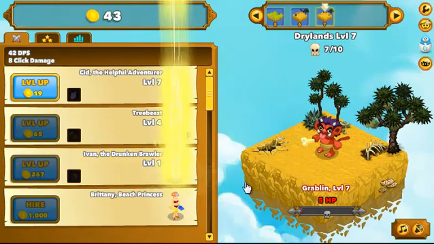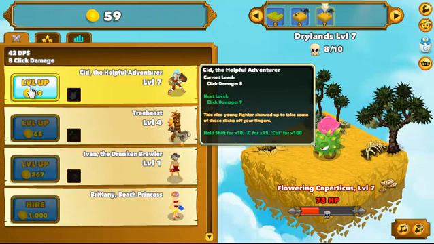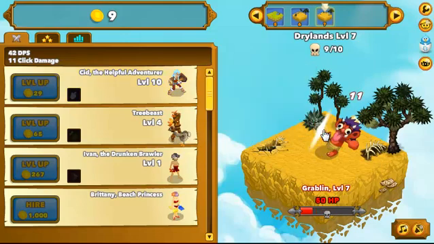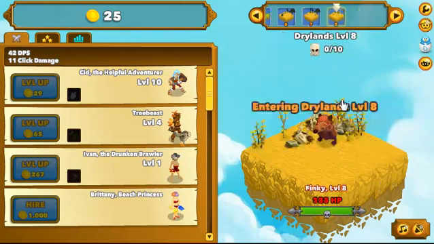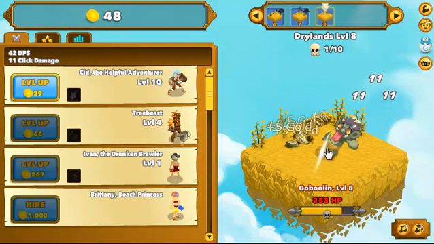Well, go ahead and give me 22 damage a second. Just add it. Whoa, that's a lot. Go ahead and level up, level up, level up. Good enough, good enough, good enough. All right, I now deal a bunch of damage per click. Let's go to the next level. Get through this really quickly. We're going to go to the second boss, and I think...